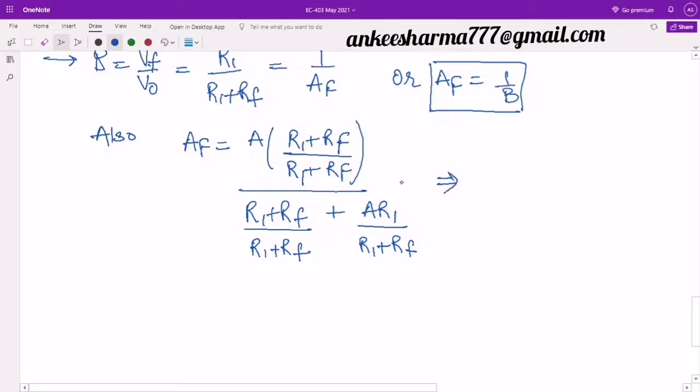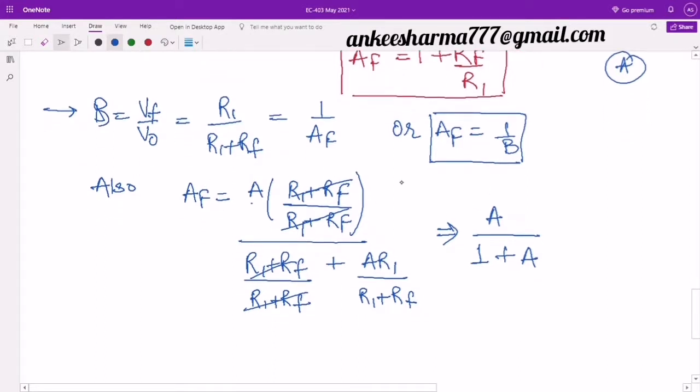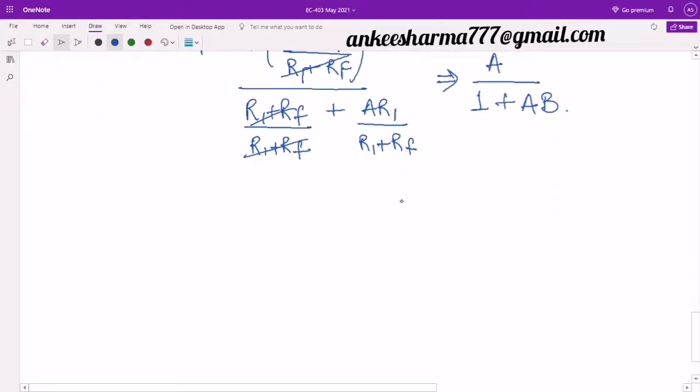So from here I will now try to derive something. Look here, A I will write as it is. Can you tell me what this will cancel out to? It will be equal to 1. So in the numerator I am left with only A. What is R1 plus RF upon R1 plus RF? That also becomes 1. It is 1 plus A R1 upon R1 plus RF. A we write as it is. Can you tell me the value of R1 upon R1 plus RF? What was the value? We calculated it here as beta. Very good. So it will come out to be A upon 1 plus A beta. So what we have concluded is that if we have been provided the open loop gain, the equation for AF is equal to A upon 1 plus A beta.